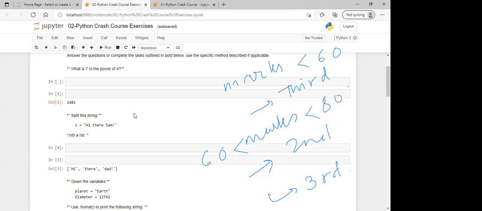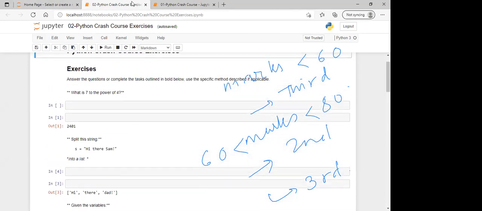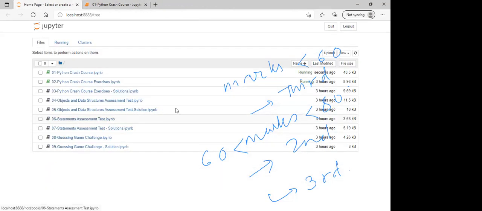So again, can you go to the home folder? No, the first tab of your browser. Yes, sir. Now you can open maybe this one, the fifth, number 5. Now, number 4 is the exercise. Number 5 is the exercise plus solutions. Open number 4. Number 4 you open first.